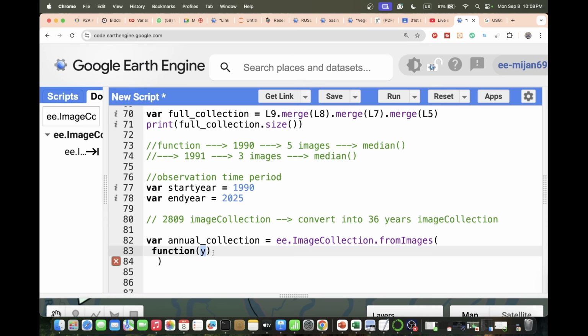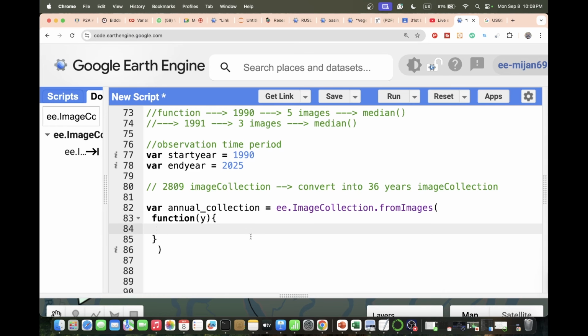So I create a function with the element name y, and my argument is that I want to filter this image collection annually, year by year. Suppose for 1990 I want to filter all images, for 1991 all images, up to 2025 all images, and